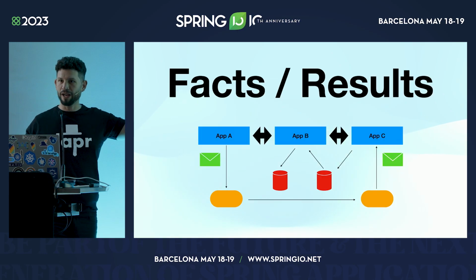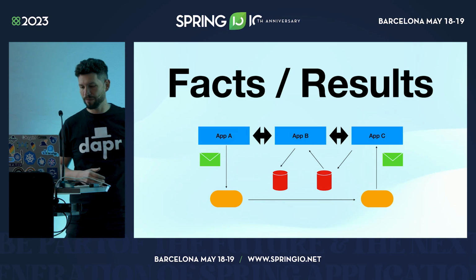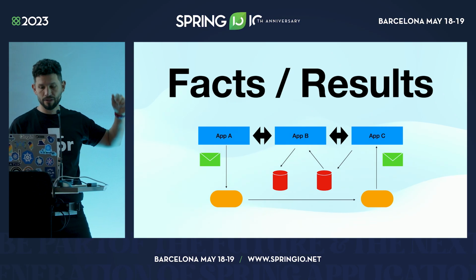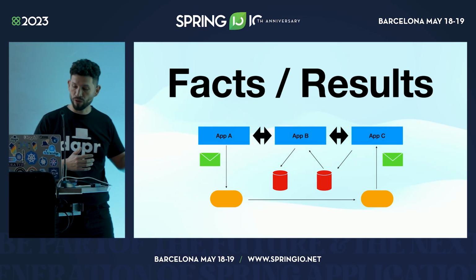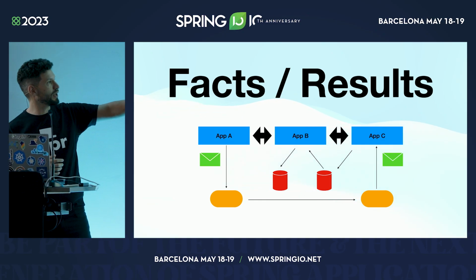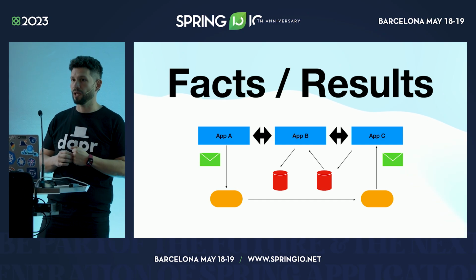So now that we have the facts and the results after getting all the questions, we kind of have a mess. We have complex applications. They are emitting events. They are storing data in databases or files or buckets or a cloud service. And they are exchanging messages in an asynchronous way. They are talking to each other. These applications need to communicate, right?